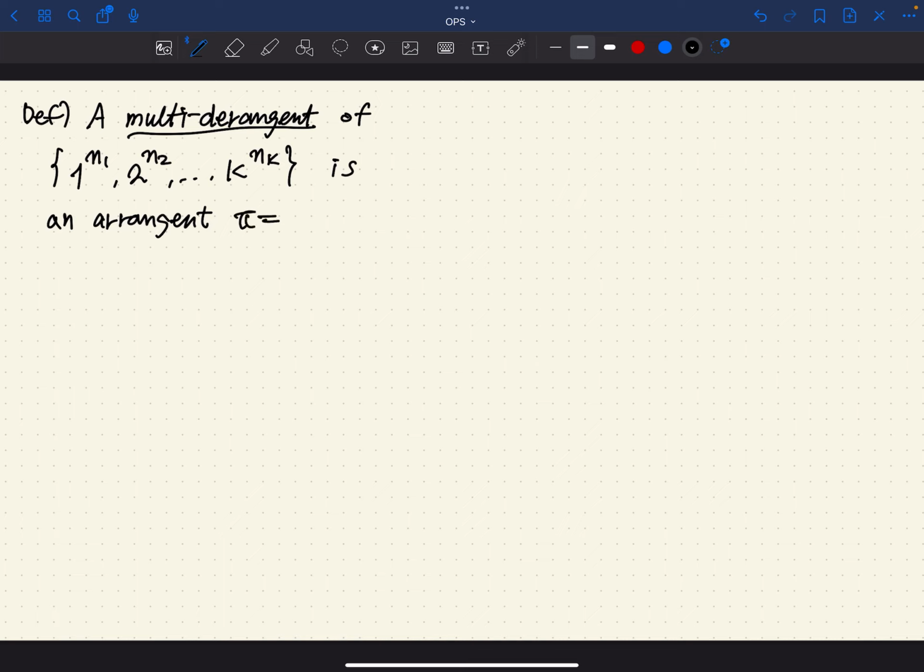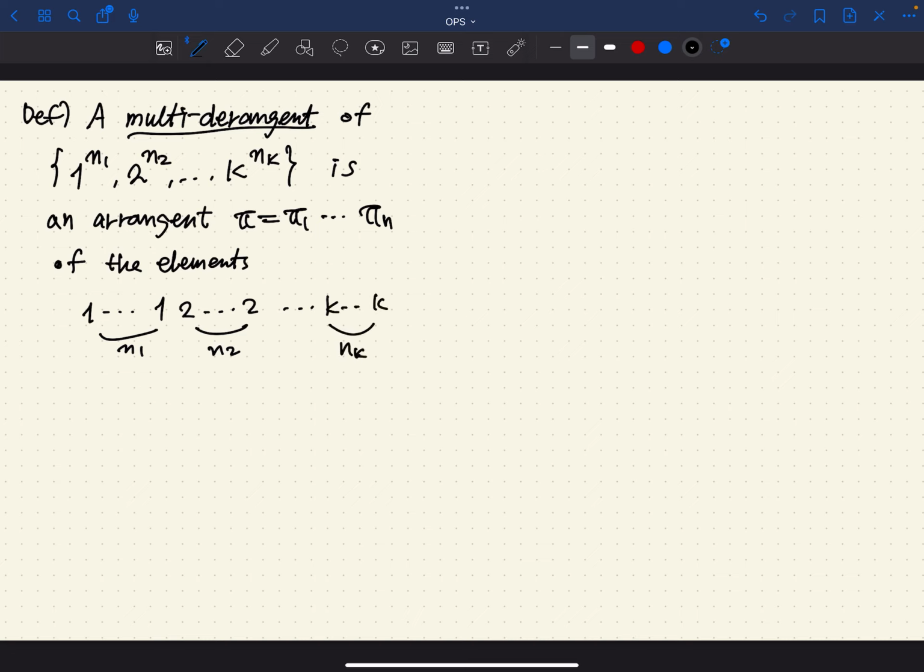Say an arrangement pi 1, ..., pi n. Again, n is the sum of the n_i's. An arrangement of the elements in the multiset, meaning that we have n1, n2, and so on copies. You just rearrange them in any way. So there are many possibilities, and it's called a multi-permutation. But we have to have a condition, such that